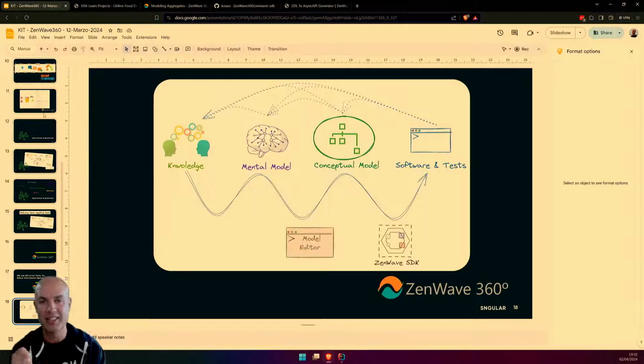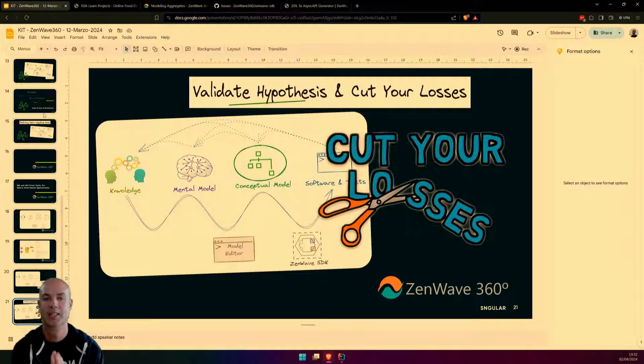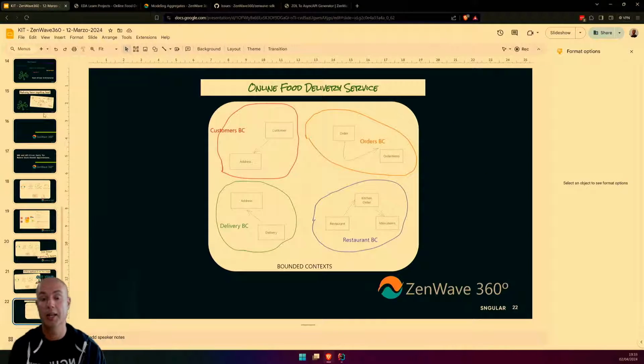So thanks to this iteration, you can formulate different hypotheses and validate them without getting married to any solution, to your first solution that may not be the right one yet. So you don't need to live with technical debt. You can cut your losses and use domain-driven design techniques to understand your problem, validate a hypothesis, and then move forward. And this is the application that we used.